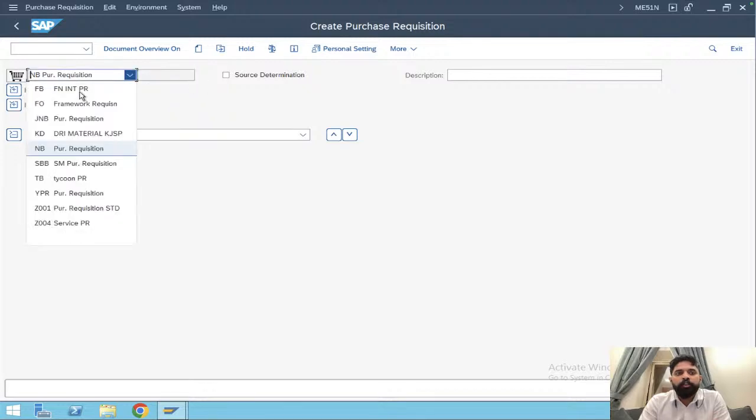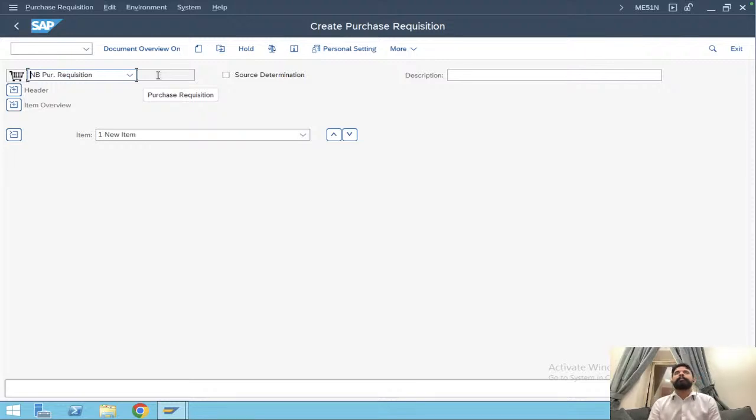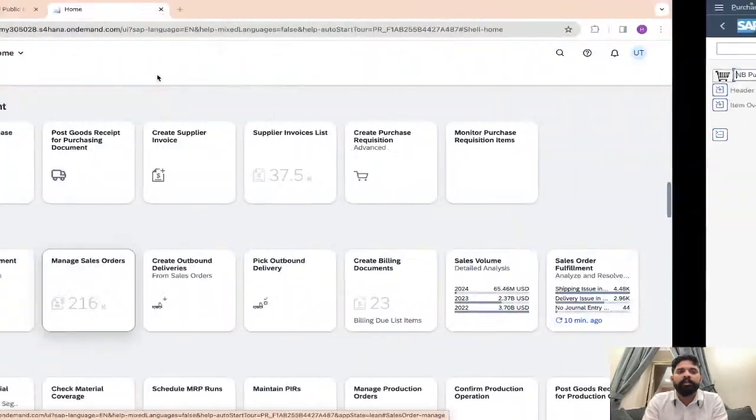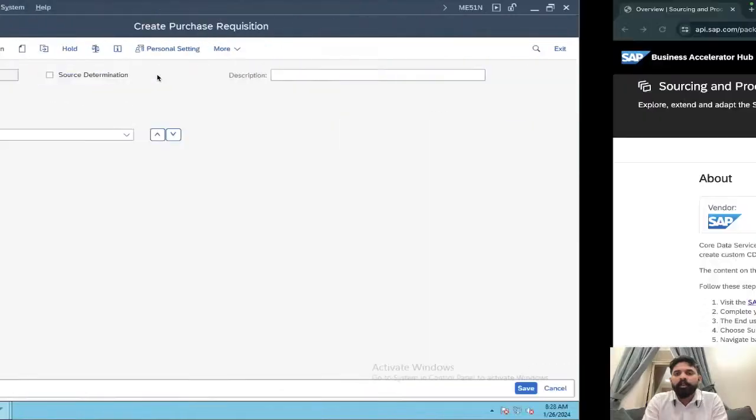Different document types may have different number ranges. So when, not in purchase requisition but in purchase order, they print it and someone is asking what is this purchase order,